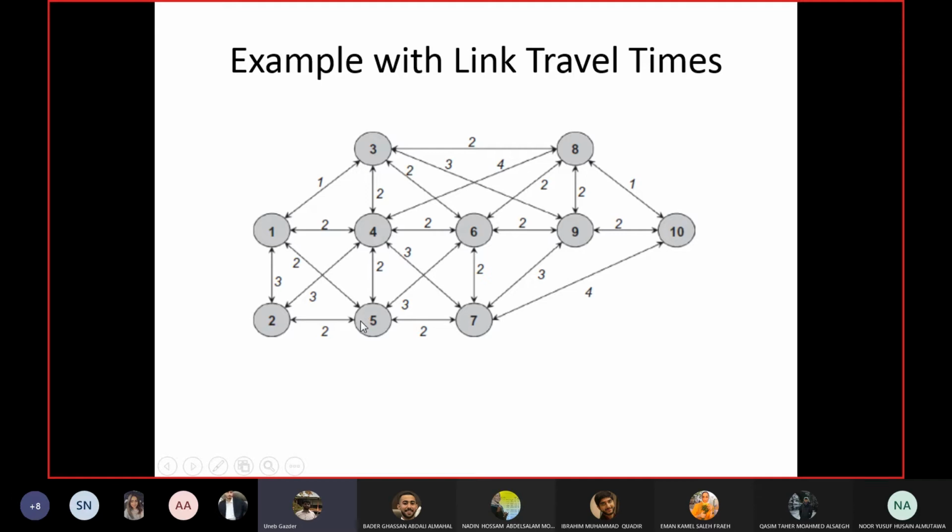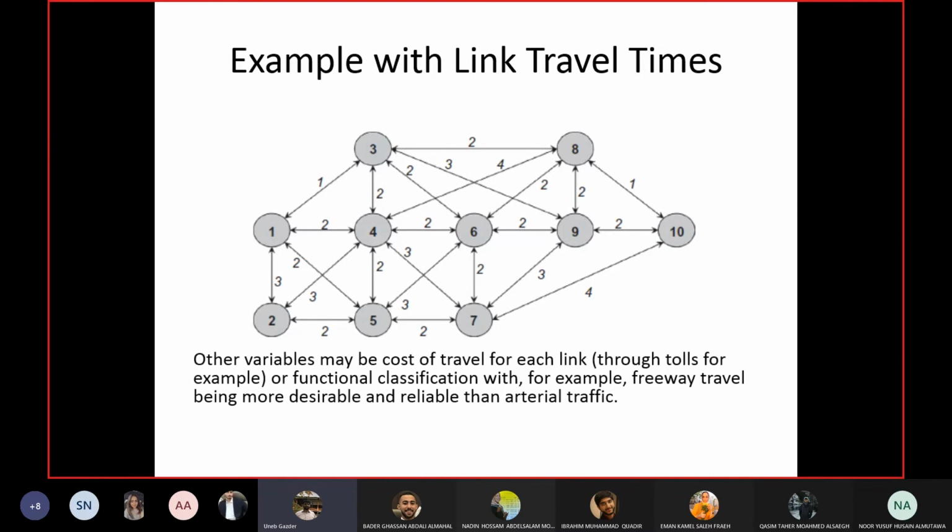Okay, I want to go to zone 5, and I will take this route, for example. So it will be 2 minutes, 2 minutes, 4 minutes. Okay, now if I take this route direct, it will only take me 2 minutes. Okay, if I take this route 1 to 2 and 2 to 5, then it will take me 3 and 5 minutes. Okay, so whenever you have a series, you will add the travel times together. This is what we are saying.